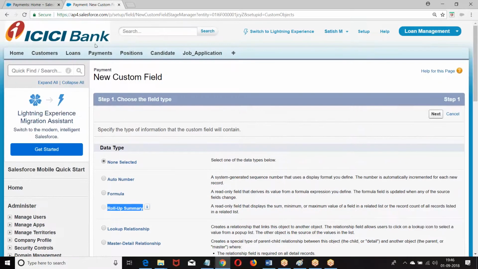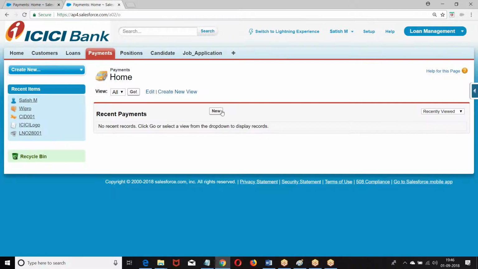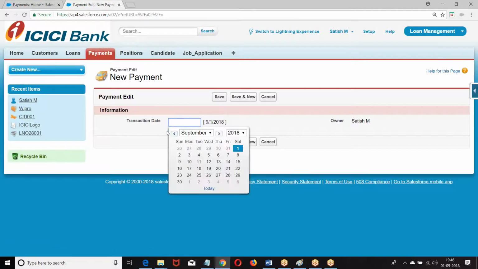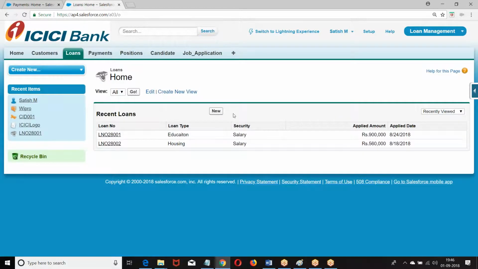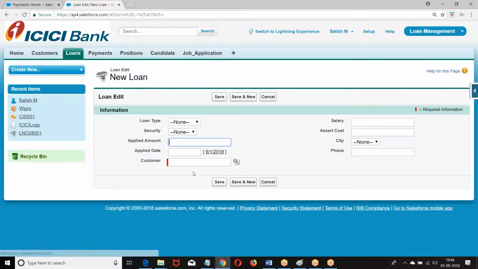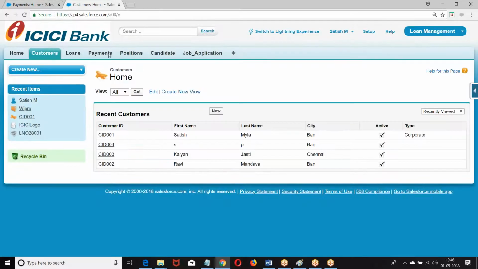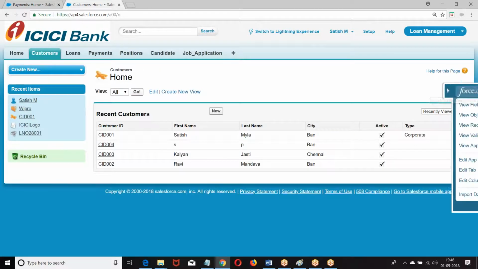Okay. Now let us go to payment once again. Here there is no child. Loan has a master-detail relationship. So go to the customer. Who is the master for the loan? Customer.